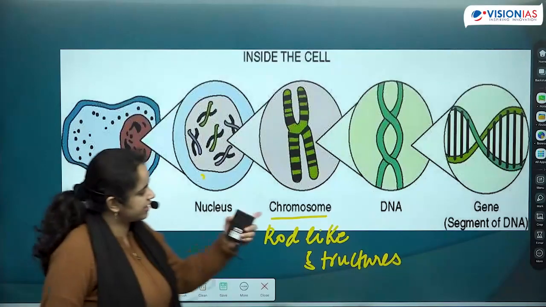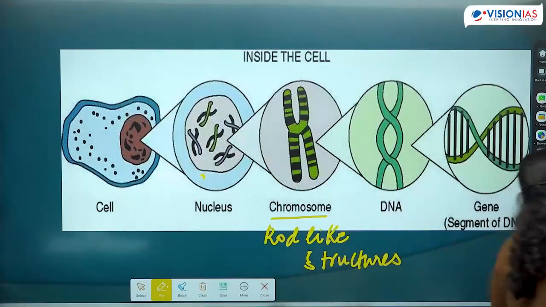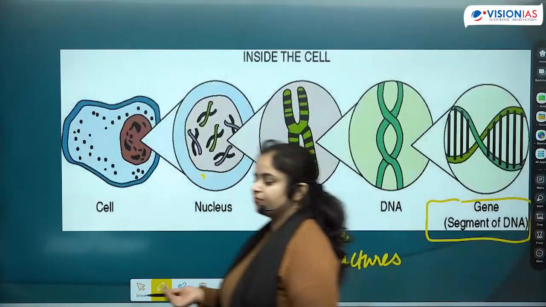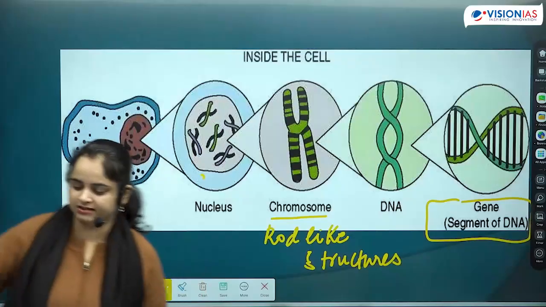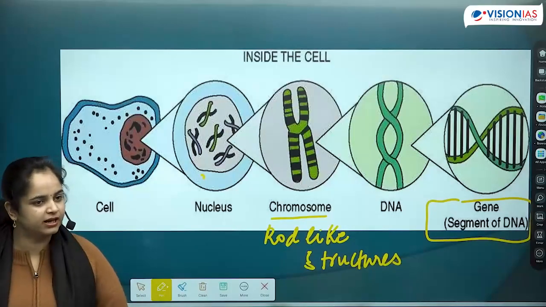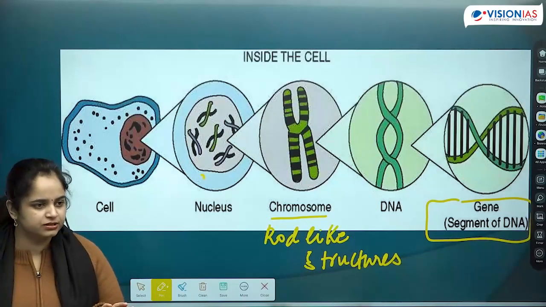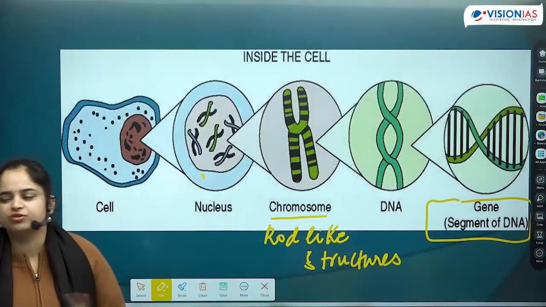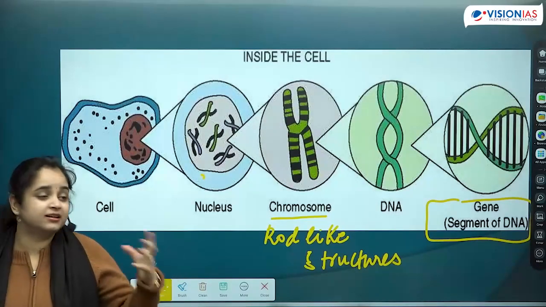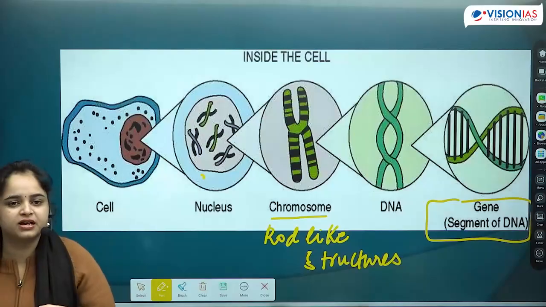Okay. Till here we've already mentioned, and this is now a new concept which we are going to introduce. A gene, which is a segment of DNA. Now, what we have established till here is that passing of information from one generation to the other is happening through genetic material. It's happening through DNA. That means all your features are working according to the directions of the DNA. How your hair will be, how your eyes will be, how your pancreas will work, all of that information is present within